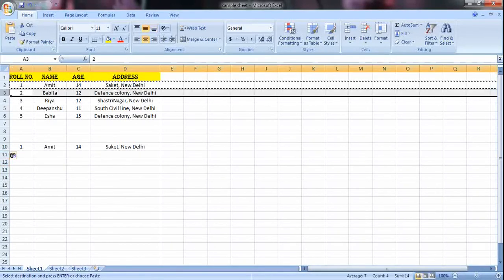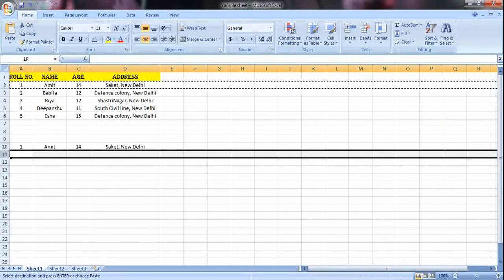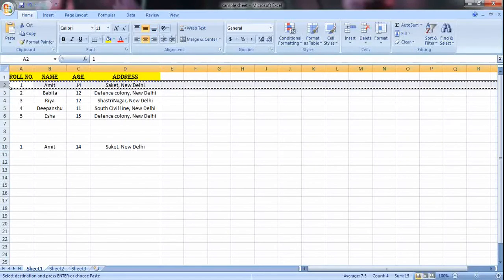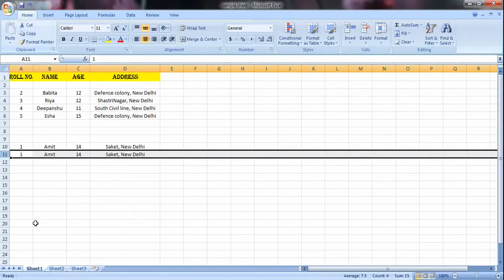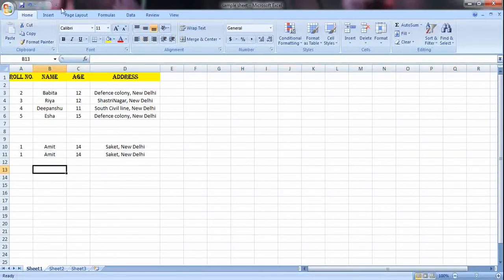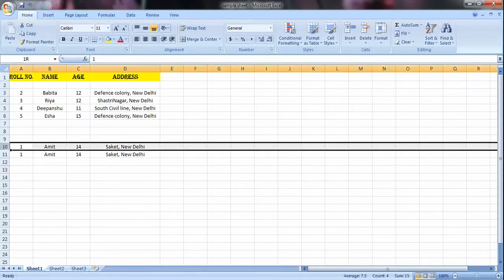Next is how to cut paste. It's again very simple. To cut paste your information, what you will have to do is just go and click on the row which you want to cut. I'll cut the row 1 from here. Simply click on the row, click on the cut option, and then select the location where you want to paste it and paste. If you see here, the information got cut from here and it got pasted. So this is how you will use cut paste. I'll just take this one back to that location.